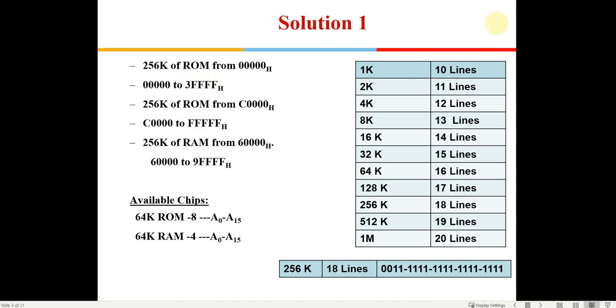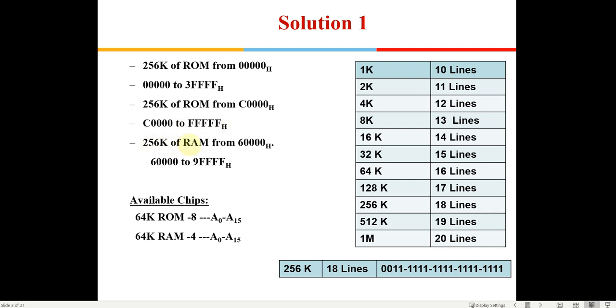Just give me 30 seconds. Yeah, so have you understood how this 00000 to 3FFFF has come? So that is the 256 kilobyte of ROM. This will be the starting address, and this will be the end address. And then you have another 256K which has to start from C0000, right? So you need to add another 3FFFF. So 3 and C, if you add, this will give F, and the rest FFFF, so this is going to be the ending address out there.